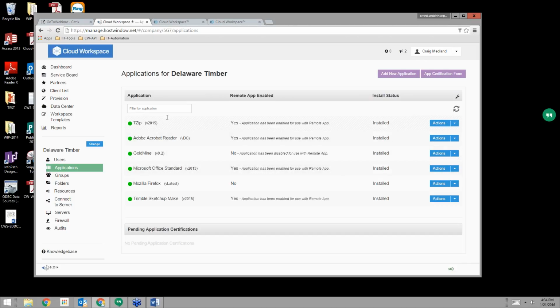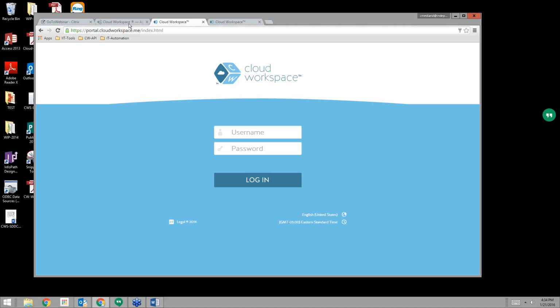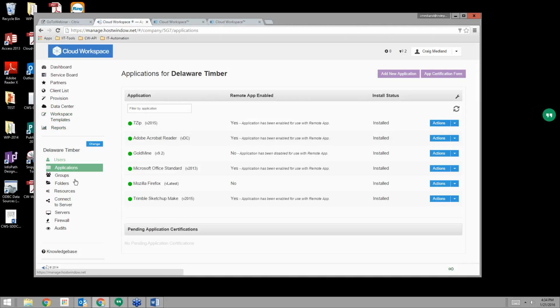If you wanted to see, for example, 7-zip, correct? Yep. What I'd like to show everybody, this is one of my favorite features. Why don't we show them an actual live workspace for that client we just created, and then maybe publish an app and have it install on that workspace so we can have them see that.